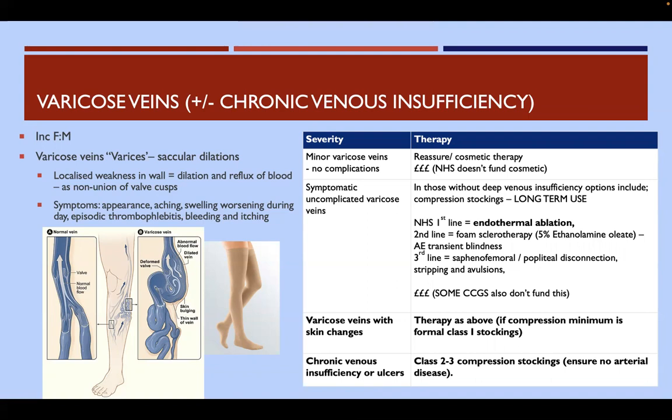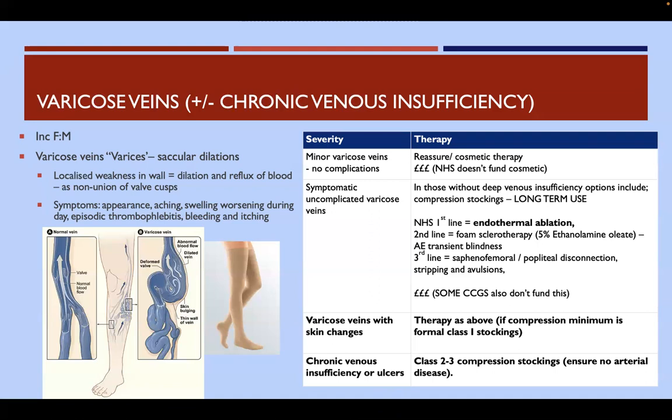The first line surgery for varicose veins is going to be endothermal within the NHS before thinking about something called sclerotherapy, which is essentially using foam in that area. Endothermal, your vascular colleagues, the surgeons, will go in at a lower part of the leg. Often this is the great saphenous vein that's affected, and they will essentially use a laser to burn the inside and close it, so like a diathermy, to stop